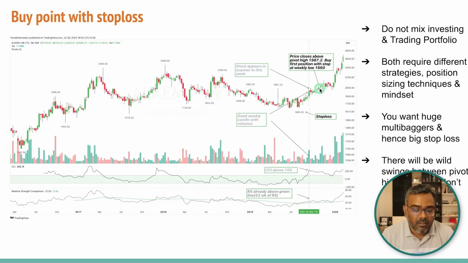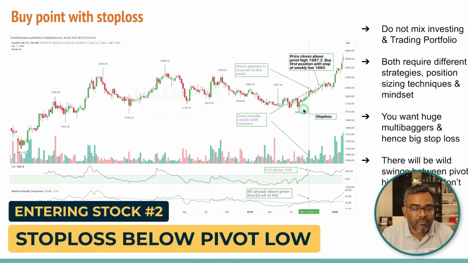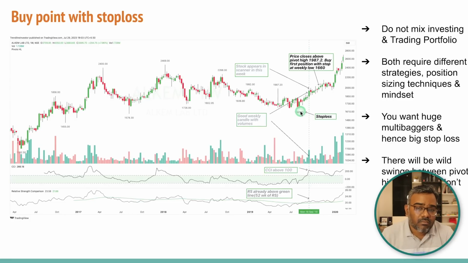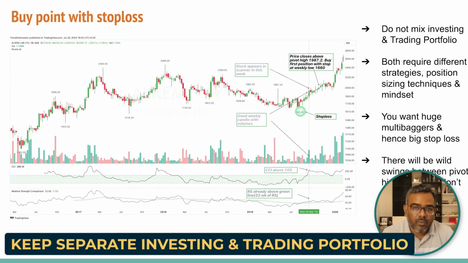You buy the stock on that day of the week and you allocate some money. I'll come to that shortly, allocation strategies. But one thing you need to note is the stop loss is going to be here. Your first stop loss is always going to be at the pivot low point over here. Now, you might question why the stop loss is so deep. I'll answer that shortly. But the first thing you need to do is your investing portfolio and your trading portfolio